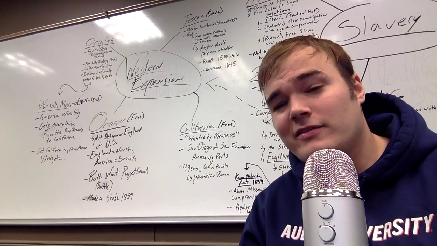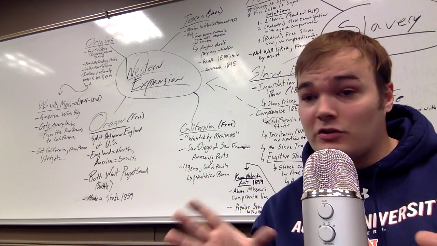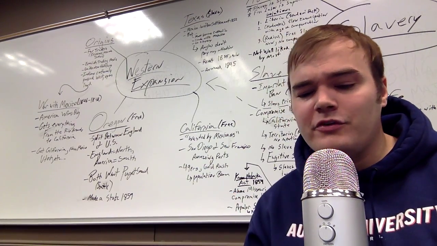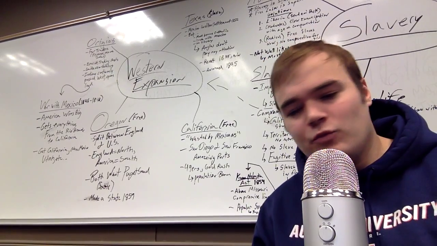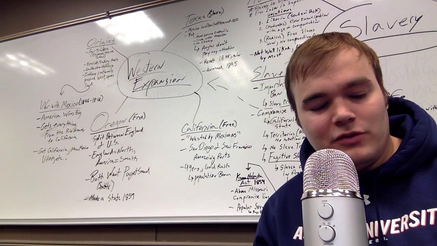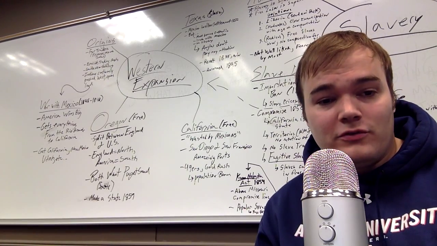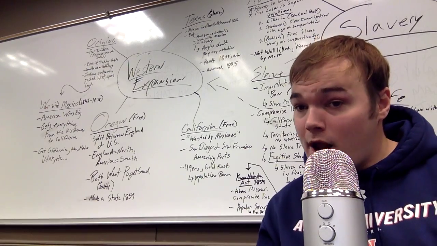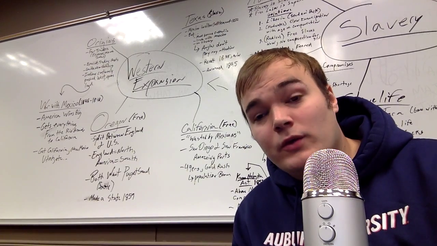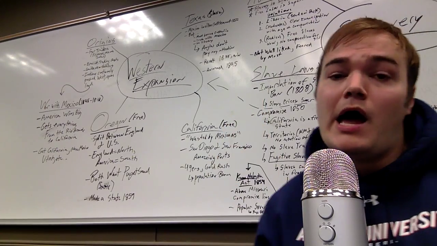England gets the north, America gets the south, but everybody wants one thing, Puget Sound, the Seattle area. It's an extraordinary port. Everybody wants it. That's where the money is going to be flowing into. England has it at first, but they just can't keep up with American population numbers. We're just going to flood Oregon with all kinds of people, and we're eventually going to push England out, and they can't hold on to it, and we're going to get Seattle and Puget Sound. It's going to be made a state in 1859, so right before the Civil War gets underway. And it's going to come into the Union as a free state, which makes sense because we have the Missouri Compromise. It's going to be north of that line.